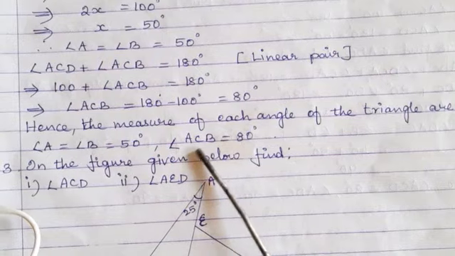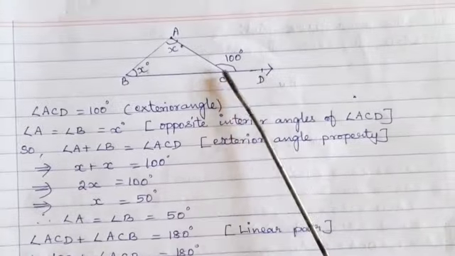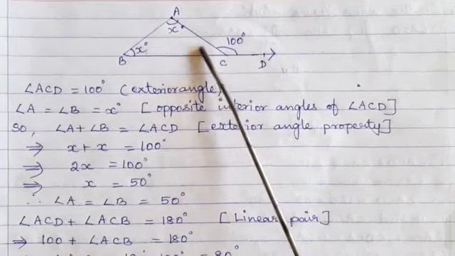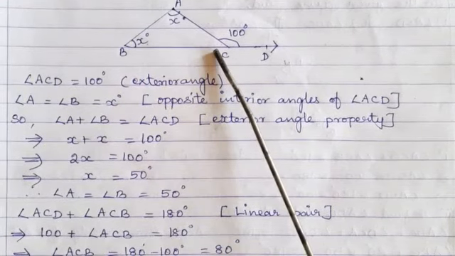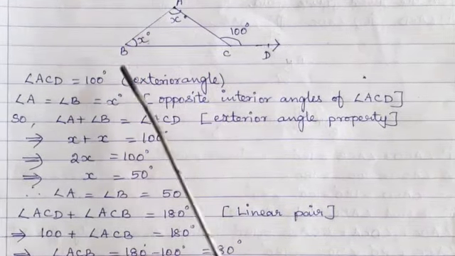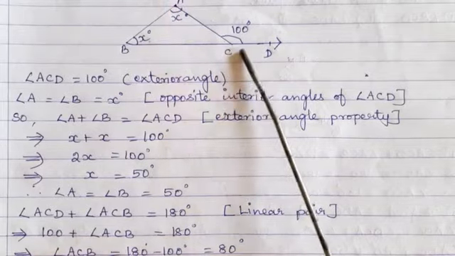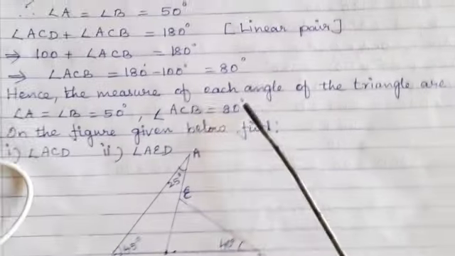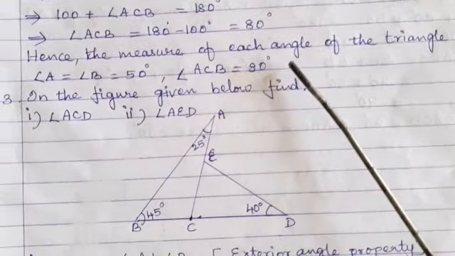Why have I written it with three letters? Because the angle C is divided into two angles. So we have to mention it in this way. No one will write angle C. So the correct way of writing the angle is angle ACB is equal to 80 degrees. That is the correct one.